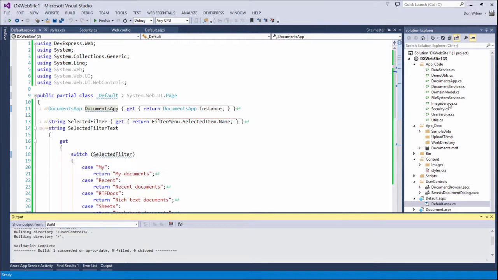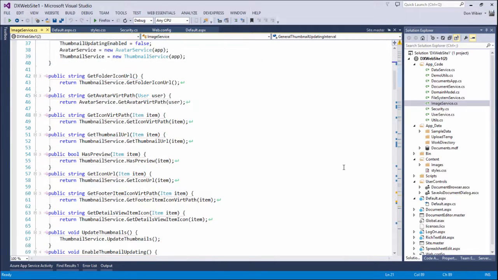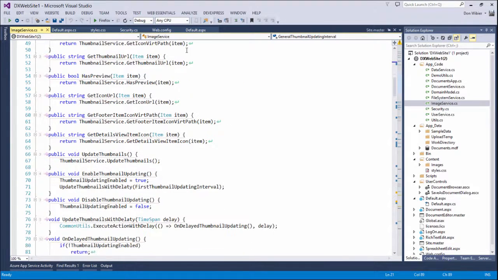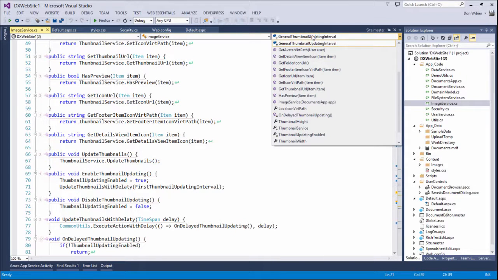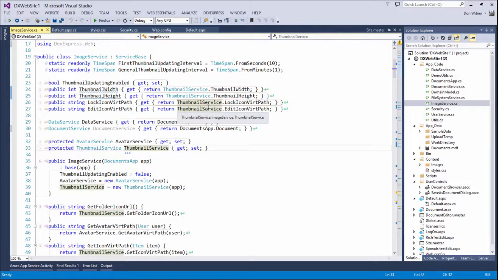And if you check the image service, which takes care of all image related actions, then you'll see quite a number of interesting pieces of code here. But the most interesting ones for the document generation is, let me quickly drop this down. We have something to generate thumbnails and also the URLs. So what you'll notice here is that it all goes through this thumbnail service. And if I navigate to it,